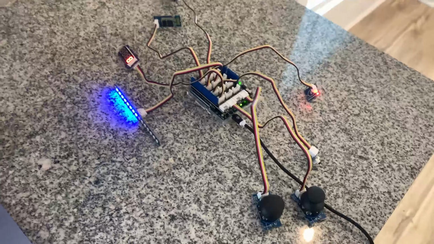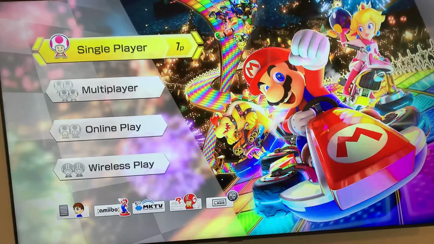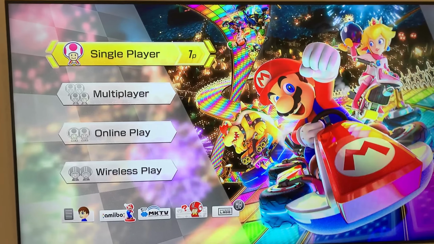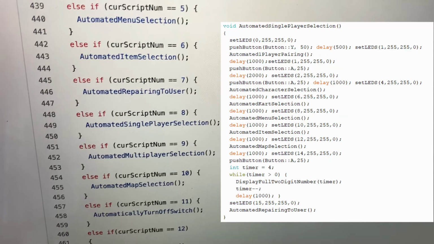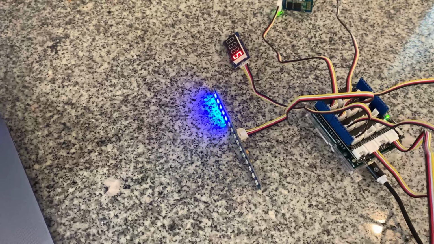Let's say you're really lazy or just can't even be bothered to set the settings for your game. You just want to be playing the game right now. You don't want to be on the menu. Well, we got a solution here. Option 8 is called single player selection. So if we click that option here,